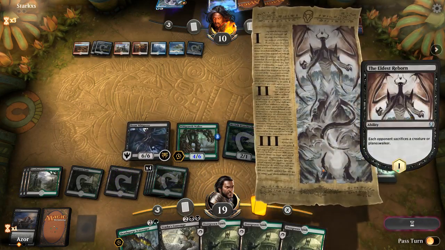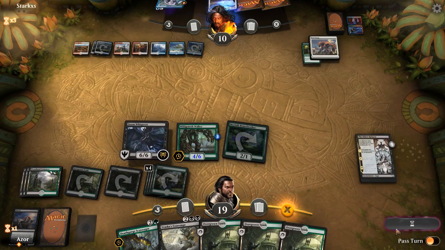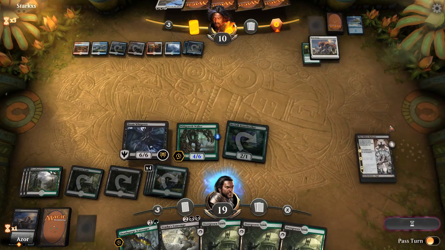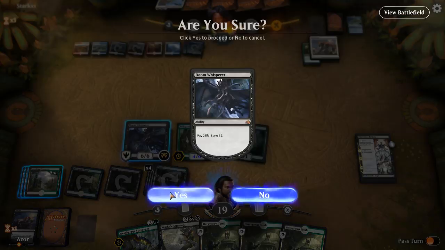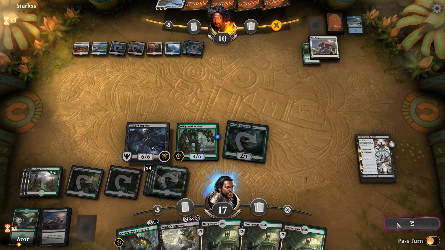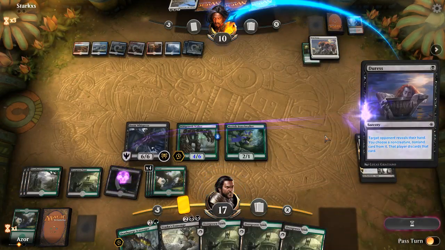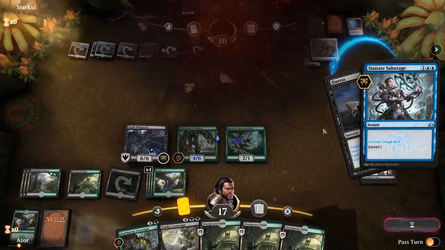Oh no, Eldest Reborn. I'm not gonna play Death Gorge yet. I need a backup plan if Cleansing Nova comes out. Okay, Duress is great. All right, we won